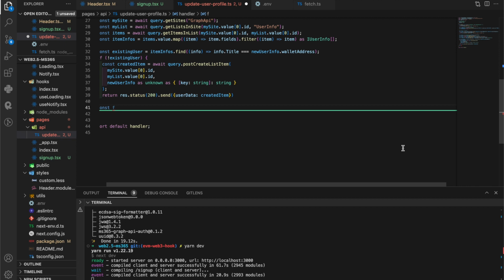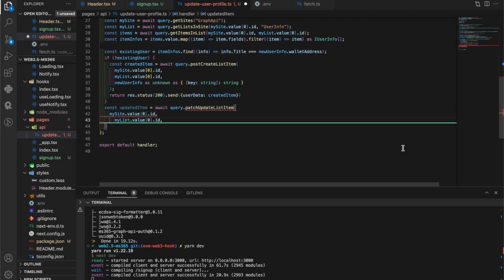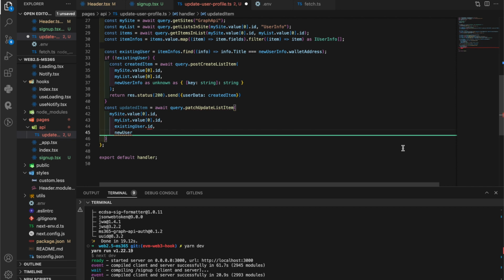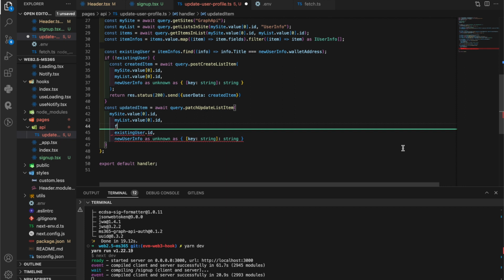If this existing user exists, as I just mentioned, we need to update the user information by the query patch update list item, passing my site ID, my list ID, and the user info ID that we need to update, and then passing the new user info. So we need to do the same thing as before, but you can see here